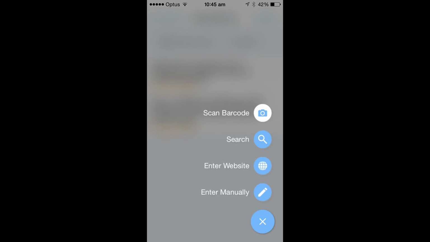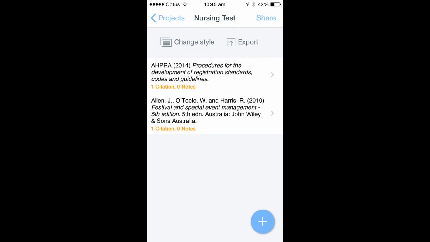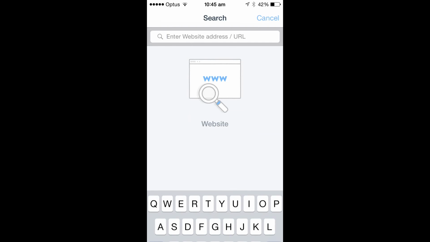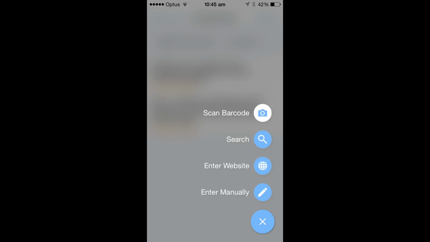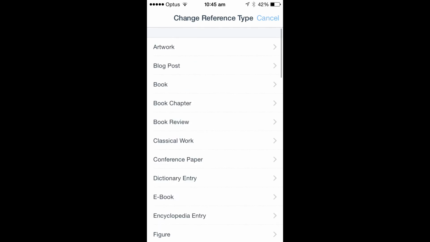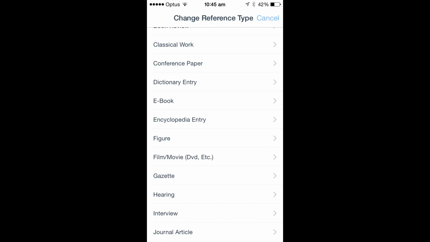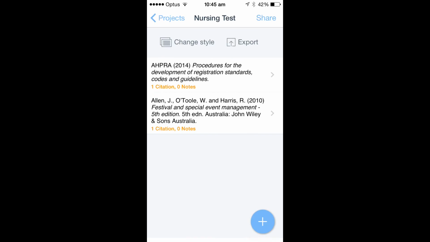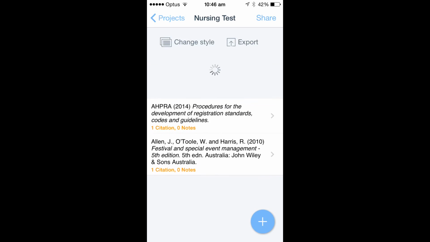There are a lot of other things you can do, like you can enter a website and URL. You can enter things manually. So if you're reading something in the library or something online and you can't find it, you can actually enter it manually. But I think the main two things that you should take out of this is the barcode scanner, the ISBN or DOI search, and also just keeping a catalogue of any websites that you go on that you find useful. It really is